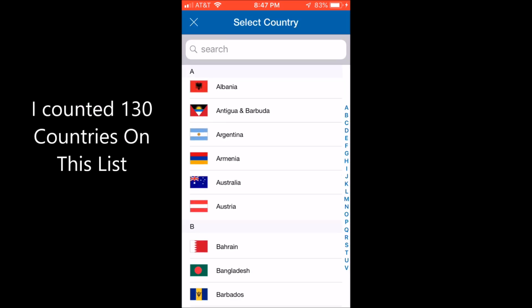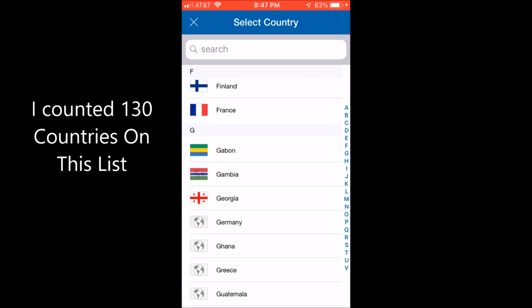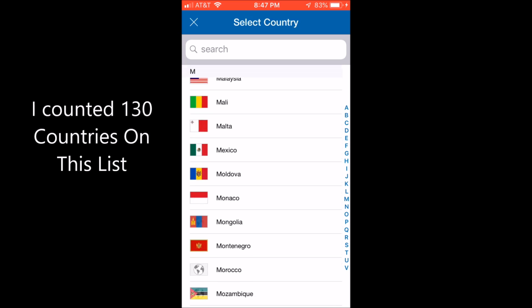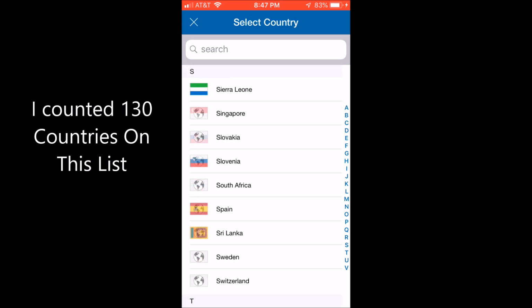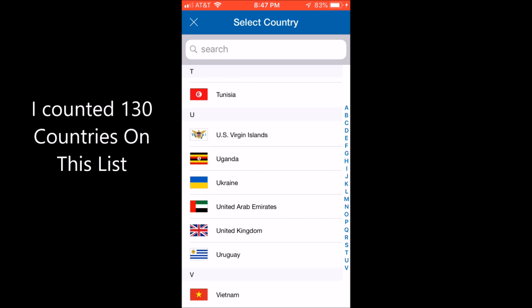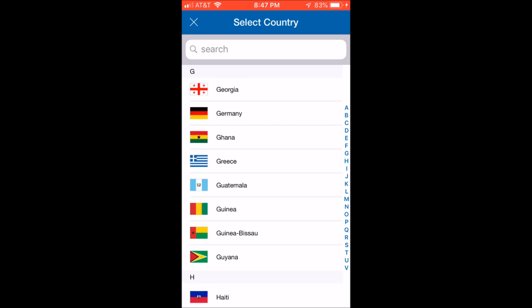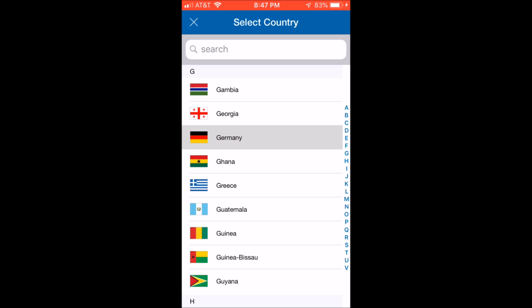And when I hit send money, this right here has about 130 different countries. If I didn't count wrong, there's 130 different countries on this list. So we're gonna pick one. I'm gonna scroll through, I'm gonna pick Germany. And once you pick the country you wanna send it to,